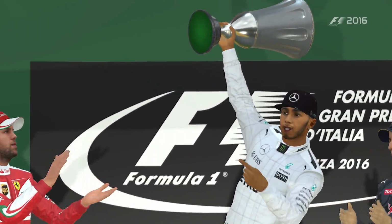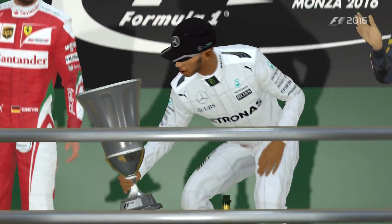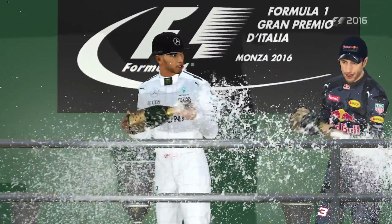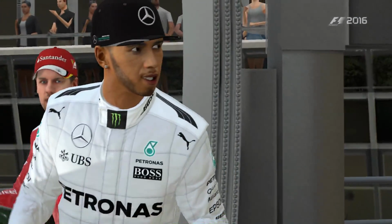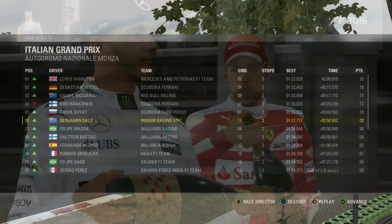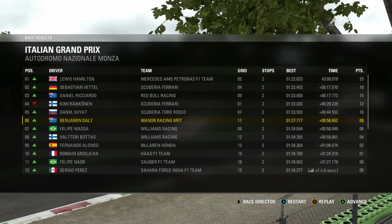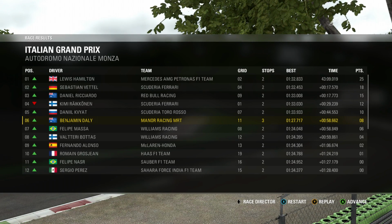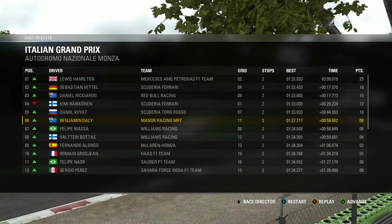And there we go. That has been the Italian Grand Prix, guys. 6th place in what was an absolutely crazy race. At the start of that one, we got to 2nd very, very quickly, but Lewis Hamilton just had enough of a lead to really keep it cool, keep it consistent, and after I got to 2nd, my pace really started